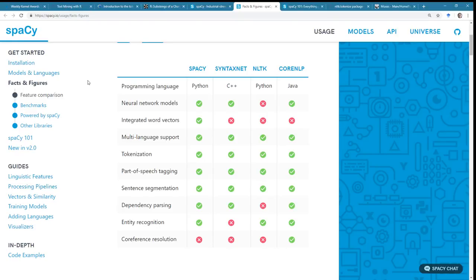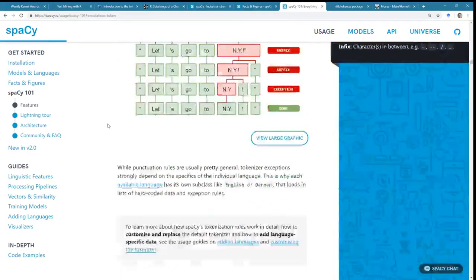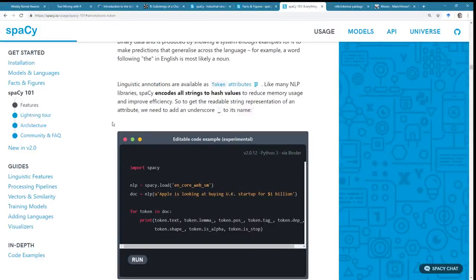The biggest reasons that I would want to use NLTK over Spacey, I would say... I have not used SyntaxNet, I have not used Core NLP. I know some people like Core NLP. I don't like Java, so I don't use it. The problem is that Spacy doesn't support a lot of languages. I think we were looking at it and it supports like 5 or 6. I think there was a list in here somewhere that we looked at earlier. And they're all Indo-European. So if you're not working on one of those languages, you can't use Spacey. It's just not going to be helpful.